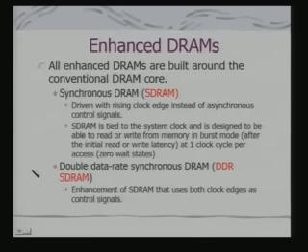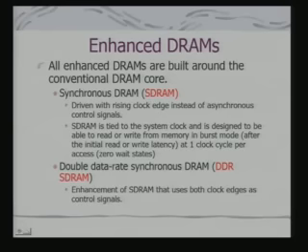There are a variety of enhanced DRAMs which have been proposed recently, and you should understand the motivation for these kinds of technology developments. The whole access of DRAM is based on two asynchronous signals, RAS and CAS, and they are not really synchronized with the bus clock. Once the address is provided to the memory controller, these RAS and CAS signals are generated, and then with respect to RAS and CAS, your row address and column address have to be put in to access the data.